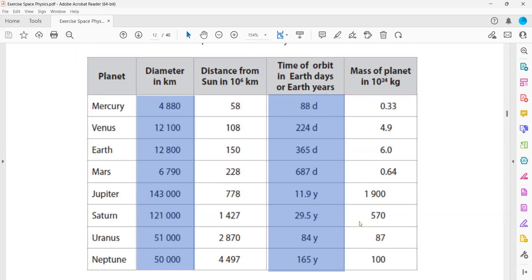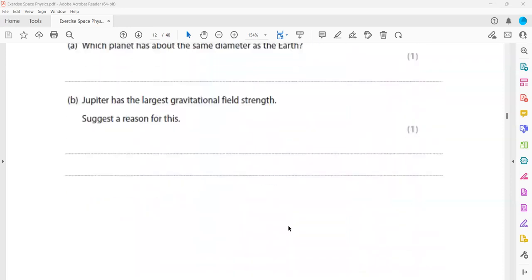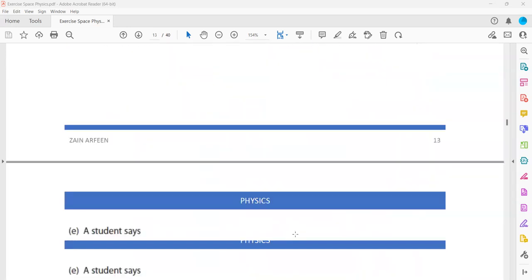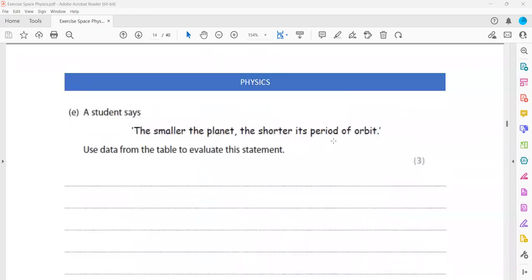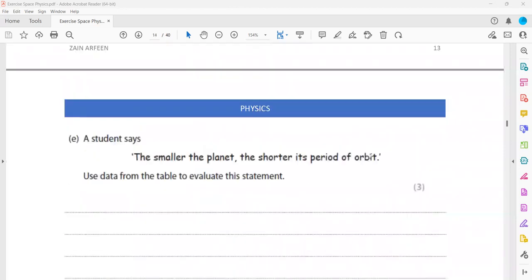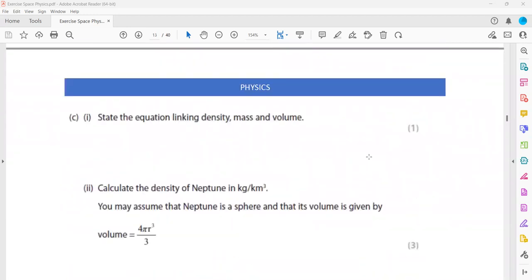Sir, at first it's directly, and then after Jupiter, it's inversely. So actually, there is no direct correlation. The idea is that when you analyze this data, you find some are following and some are not following. So there is no direct correlation here. Because when you see the statement of a student, the smaller the planet, the shorter its period of orbit, like it will take a short time. So when you try to evaluate this,